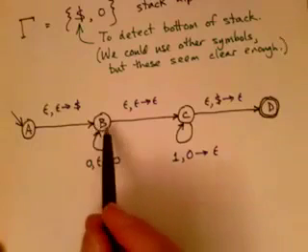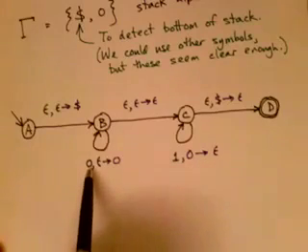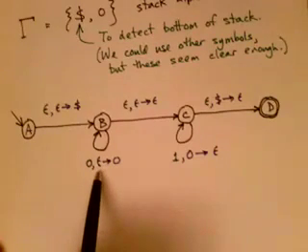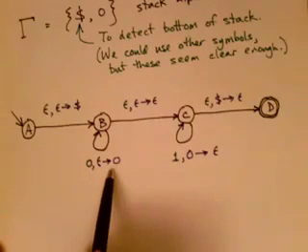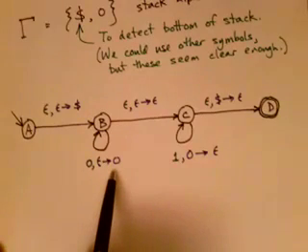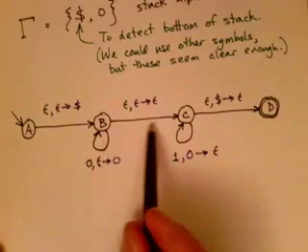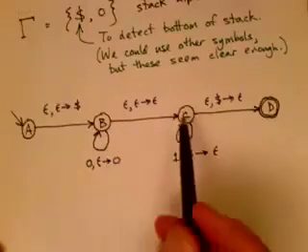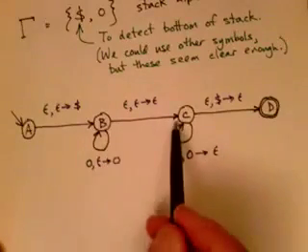Then, in this transition, we scan zeros. So when the input is 0, we can take this transition. We ignore the stack. We don't look at what's on top of the stack, and we don't pop the stack. But we do push a 0. So every time we read a 0, we push a 0 onto the stack. Then, at some point, unfortunately we have non-determinism here, so we don't need to know exactly when to take this transition,